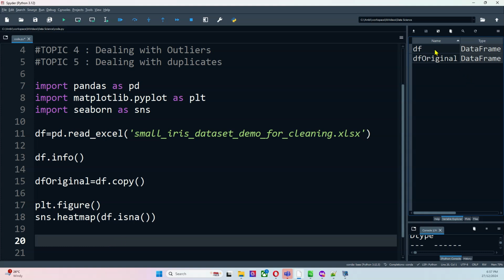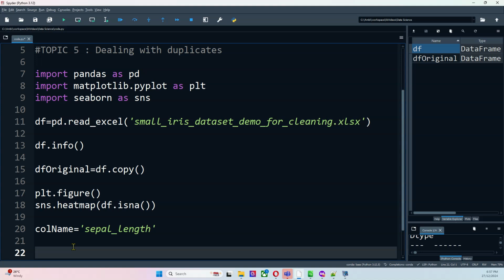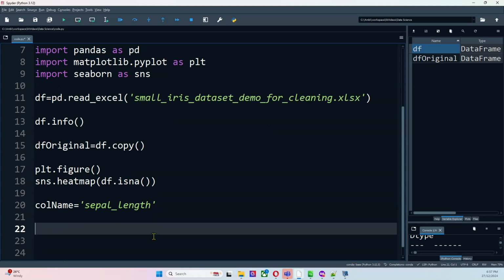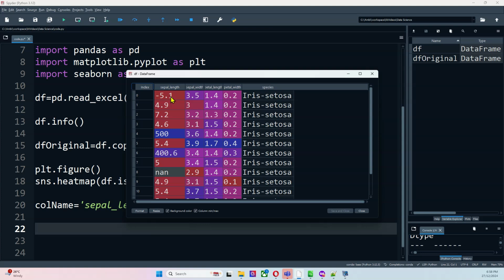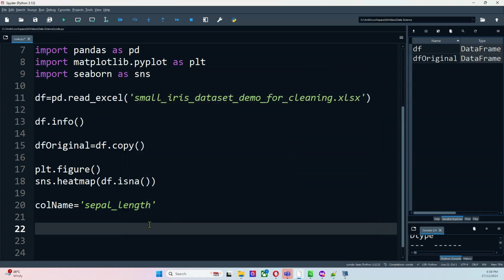And since we are focusing on the sepal length, we'll create a colName variable, so that instead of writing sepal length every time, we just use this colName variable. Now what we decide is that any value less than 0 is not possible, and any value more than 400 is not possible. Let's say that's our assumption. So what we can do is iterate over the data frame with df.index,